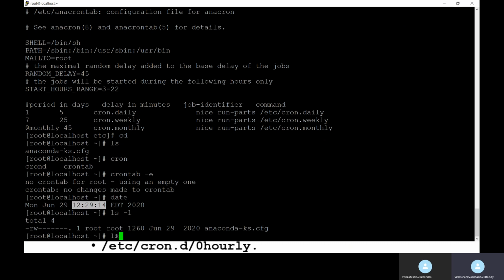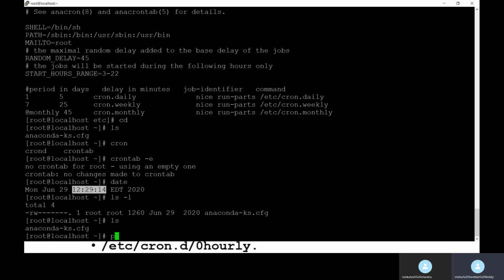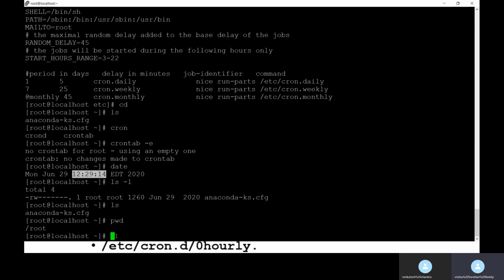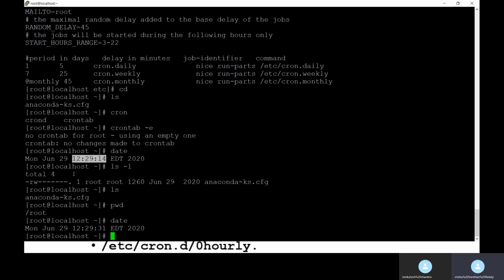If we create one file, ls -l, nothing is there in this directory. So what we'll do: the time is 12:29, so we schedule it for after that, 12:39.